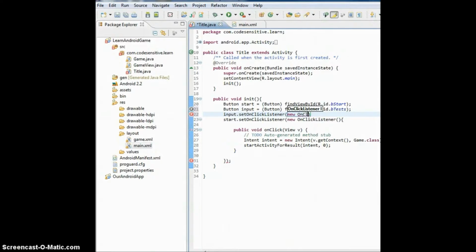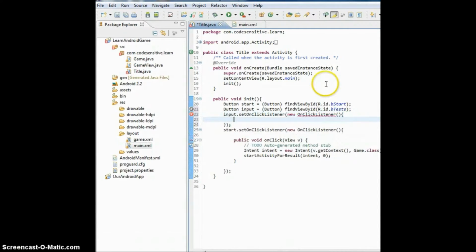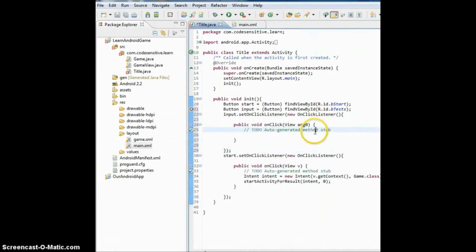Now, when you're actually making a big game with a bunch of listeners, you're probably going to want to not do it like this, making a whole new one. You probably want to make it so that you have an on-click over here and you implement it. That makes it easier, and just use a switch to divide them. And there, now we have our main button. We can save this,